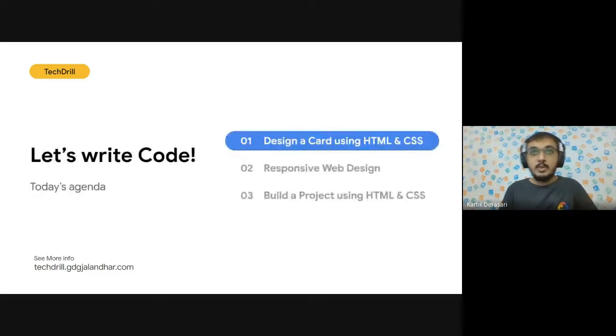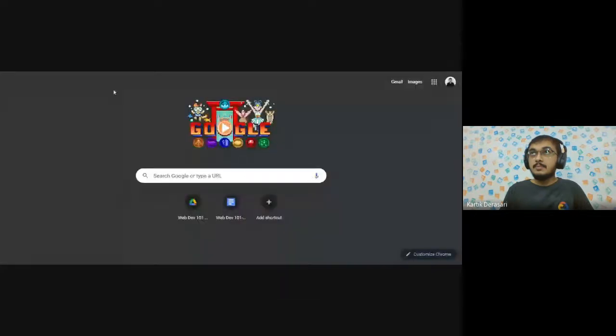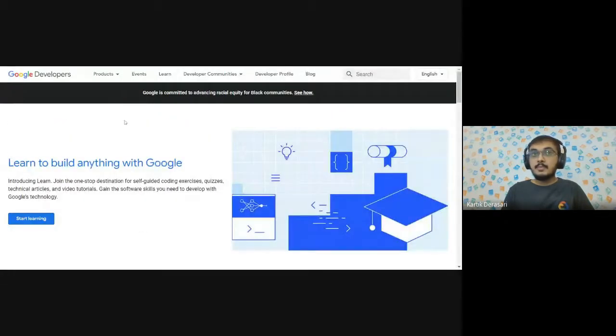Okay, coming to the first topic, design a card using HTML and CSS. Let us navigate to this link, developers.google.com. Inside developers.google.com, this is a very famous website.